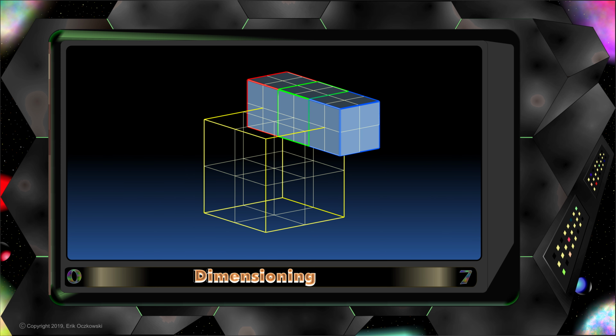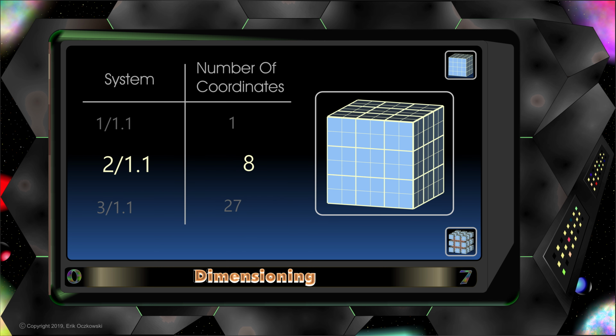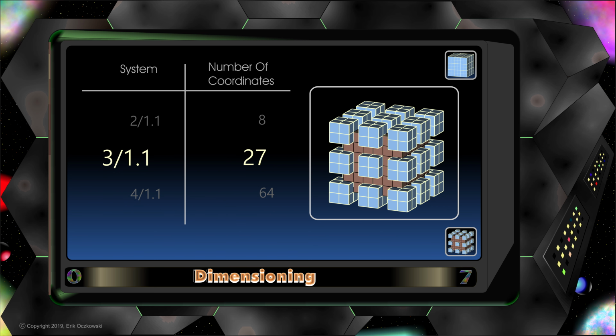The coordinates now have half the length of the universe. 8 coordinates are fitting into the system, and the 27 points of intersection are getting a coordinate, creating a 27 cube structure. We continue with the 3 system, and we can recognize well that the coordinates are enlarging the universe,